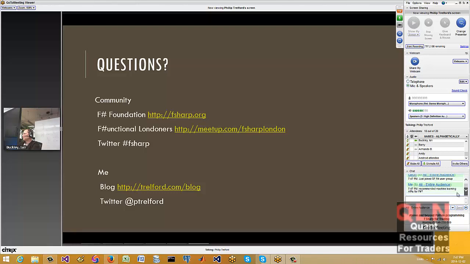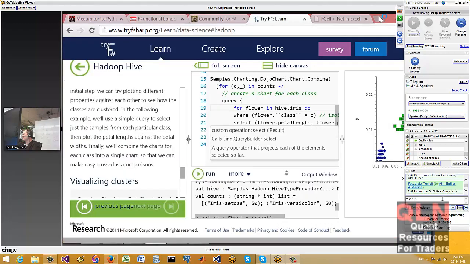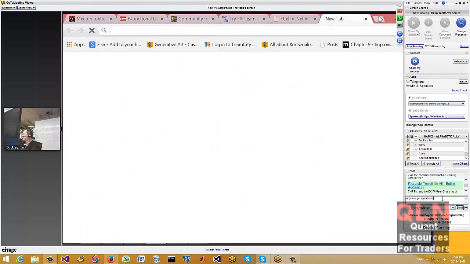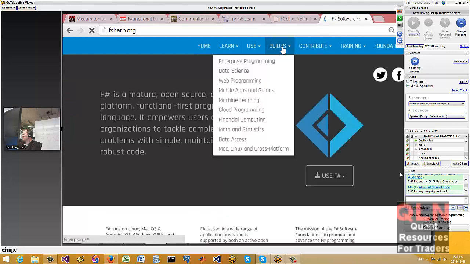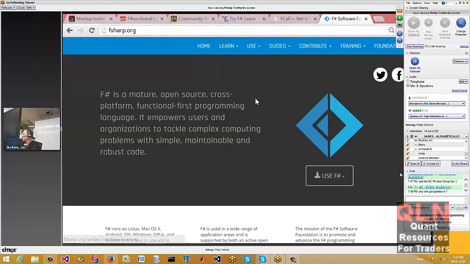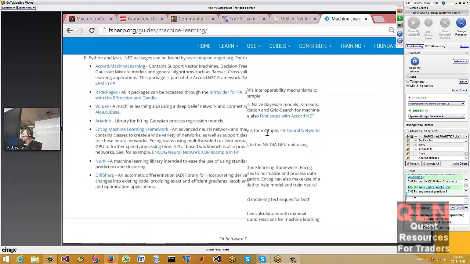The recommended machine learning APIs for FSharp. There's actually some really nice APIs in .NET. If you head over to fsharp.org, there's a machine learning section here with a bunch of tutorials.